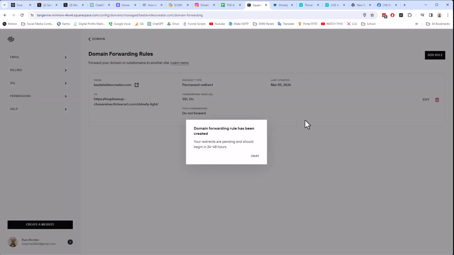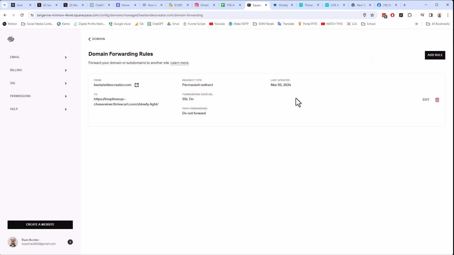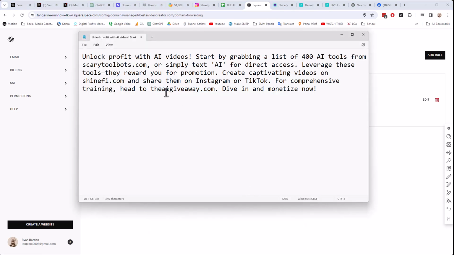And that'll take a second. It says it can take 24 to 48 hours to update. It can take a minute to update, but that's done, right? So now if I put bestaivideocreator.com in my script right here in place of shineify.com, when someone watches the video, right, and then they see